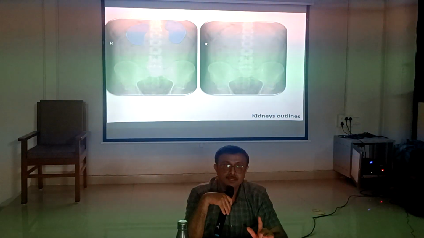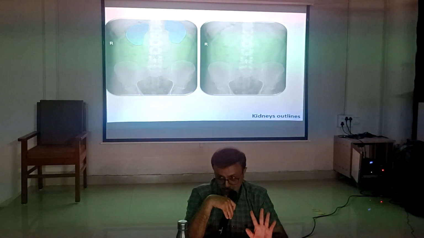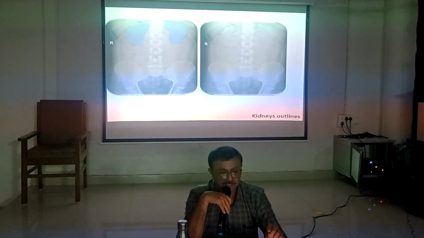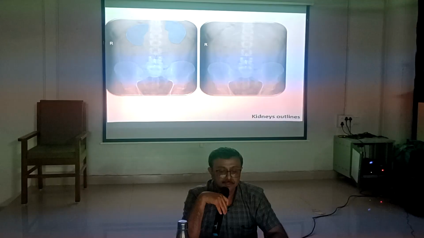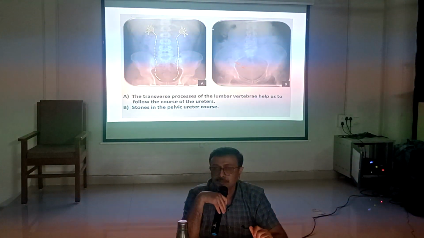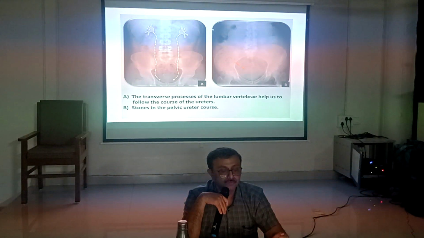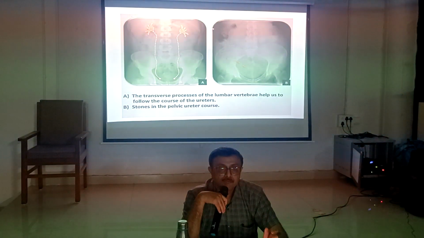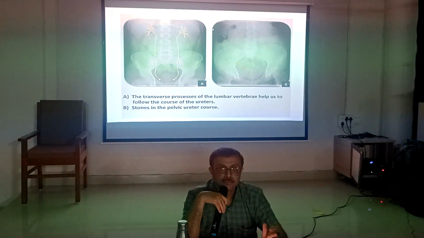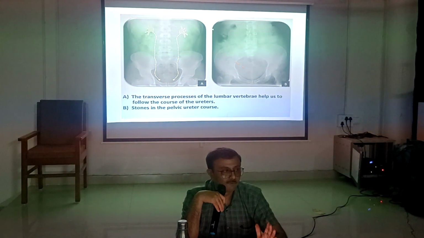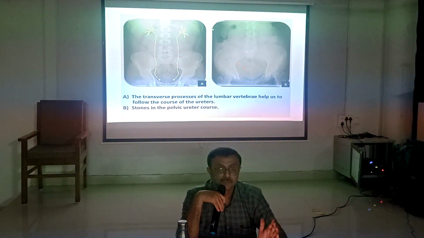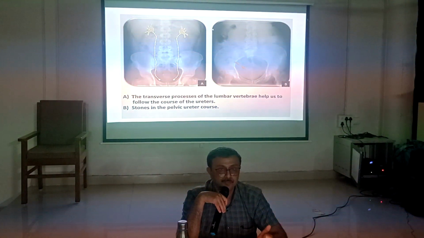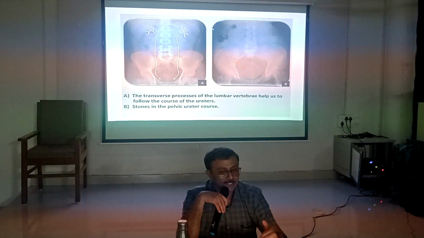Left kidney is higher than right kidney. What is the level? L1, L2 is the level of kidney. Left is higher than right. And the course of ureter, we usually ask. What is the course of ureter? In radiology it starts from the tip of the transverse process of L1 vertebra, through the tips of the transverse processes of all lumbar vertebrae to the sacroiliac joint, then down in the pelvis to the ischial spine, and medially up to